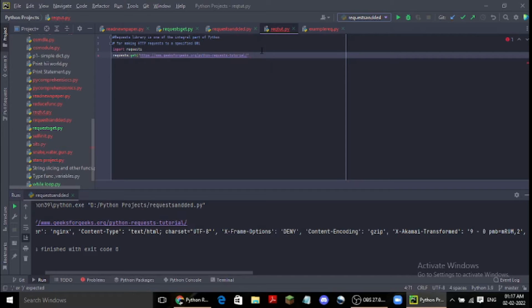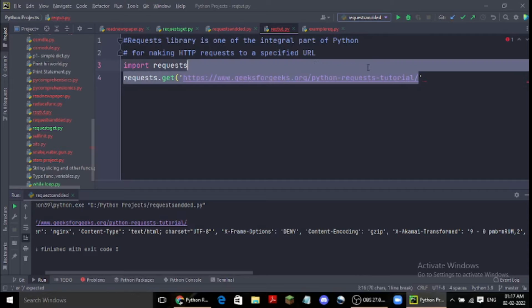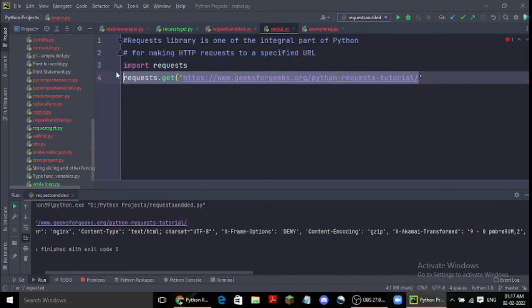I think it is taking time to load. I don't know why, my computer is slightly lagging. Let me just erase everything. Oh, now I know what the problem was.